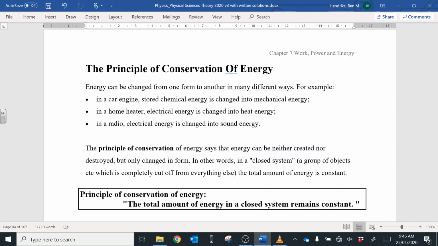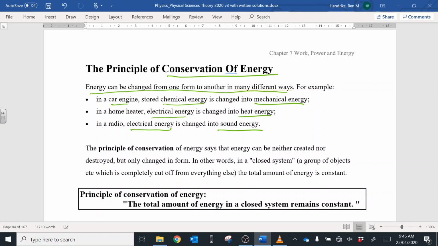Continuing chapter 7 now. So, the principle of conservation of energy. In the last video, we spoke a little bit about the types of energy. Energy can be changed from one form to another in different ways. For example, we have a car engine, where stored chemical energy in the fuel is changed into mechanical energy. In a home heater, electrical energy is changed into heat energy, and in a radio, electrical energy is